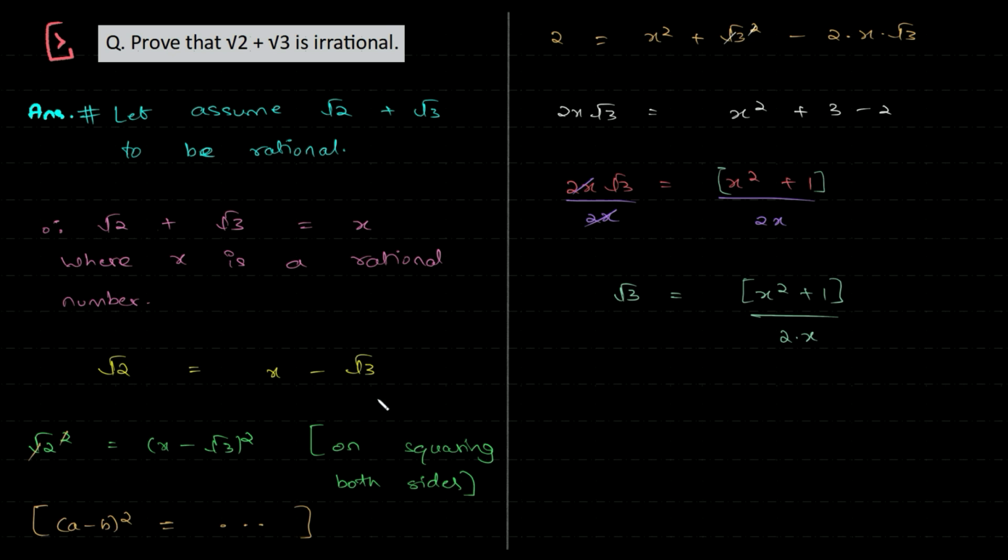So what did we do? I just assumed it to be rational and then ended up with an answer wherein root 3 is equal to a rational expression. But we know that root 3 is irrational, is it not? We have proved this. We have this to be an irrational number while this is a rational number. How is this possible? Why is there a contradiction? This contradiction occurs because of our wrong assumption. So our answer is this contradiction